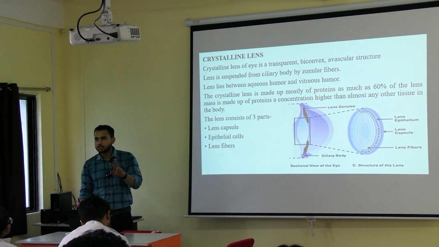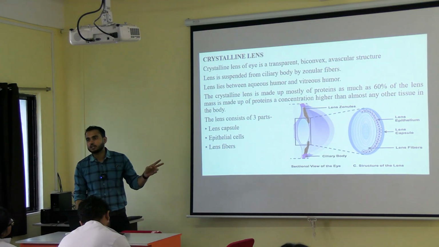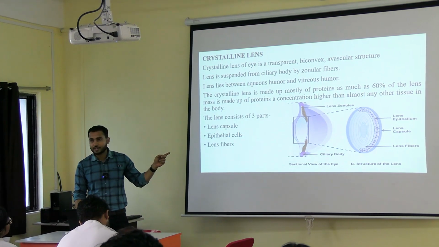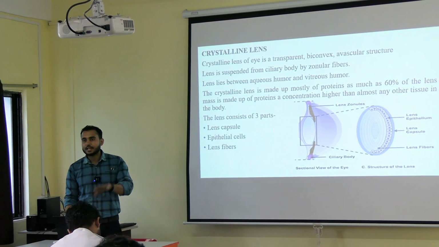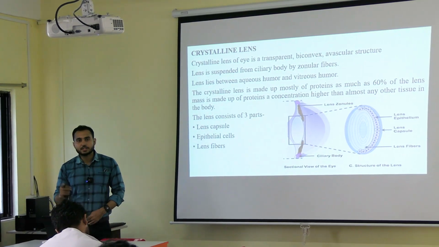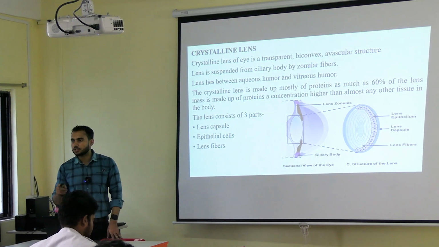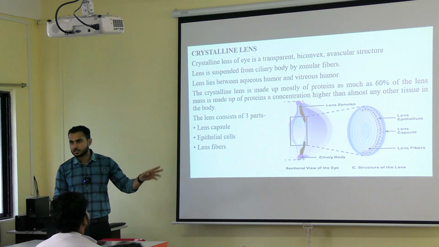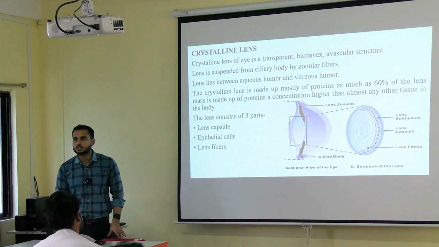We are going to discuss two things. First will be some portions which were left for the eyeball, that is the structure of the crystalline lens, and next will be the structure of the eyelid, microscopic structure. Okay, followed by the spinal cord. Actually, according to the routine, I was supposed to take the spinal cord. Though this topic was left, that's why first we'll discuss this and then I'll go to the spinal cord.